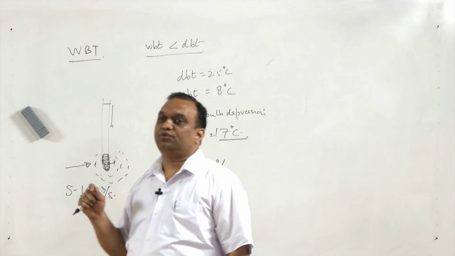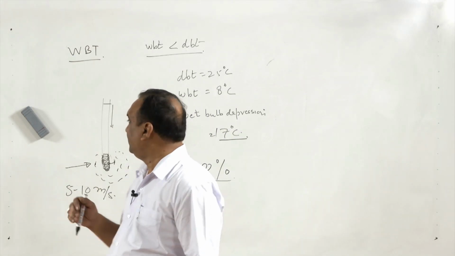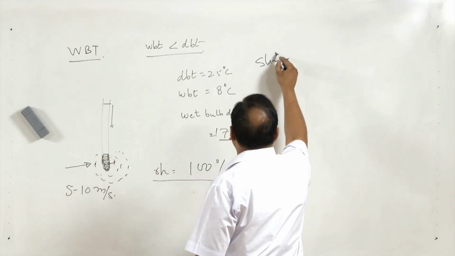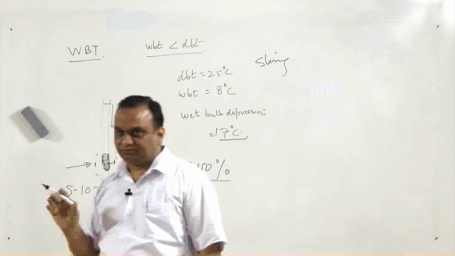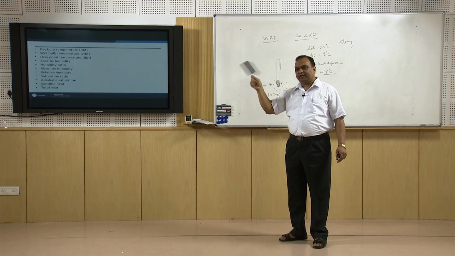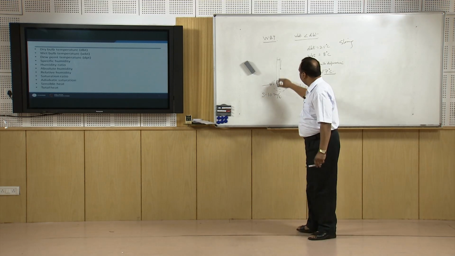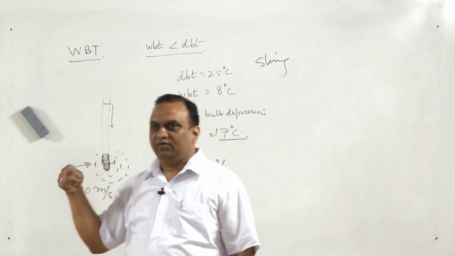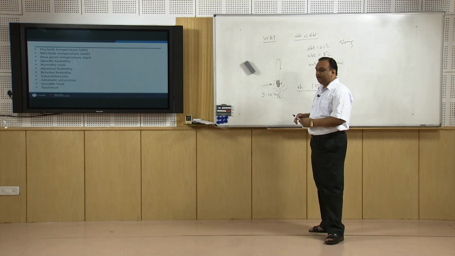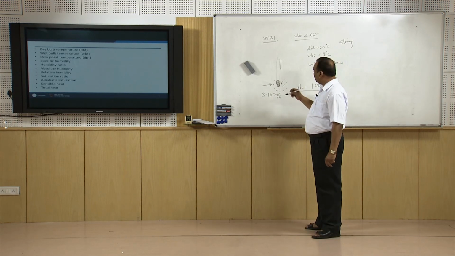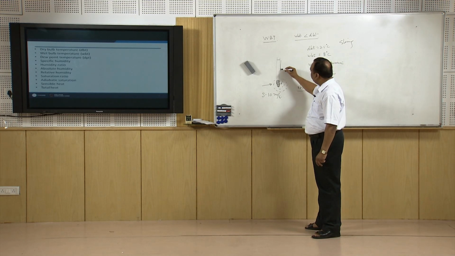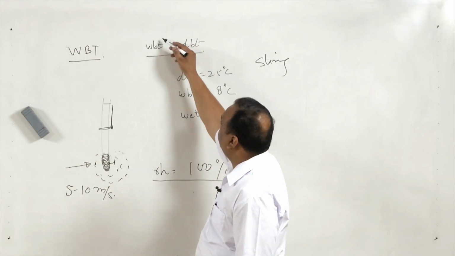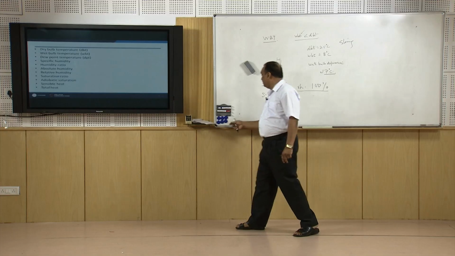There is a machine which is known as hygrometer. Now, there are two types of hygrometer, one is sling type of hygrometer. In sling type of hygrometer, we just rotate the thermometer covered with the wet cloth very fast, and when it is rotated for a certain time period, there is a dip in temperature. When the temperature is stabilized, then we measure the wet bulb temperature. That is one kind of